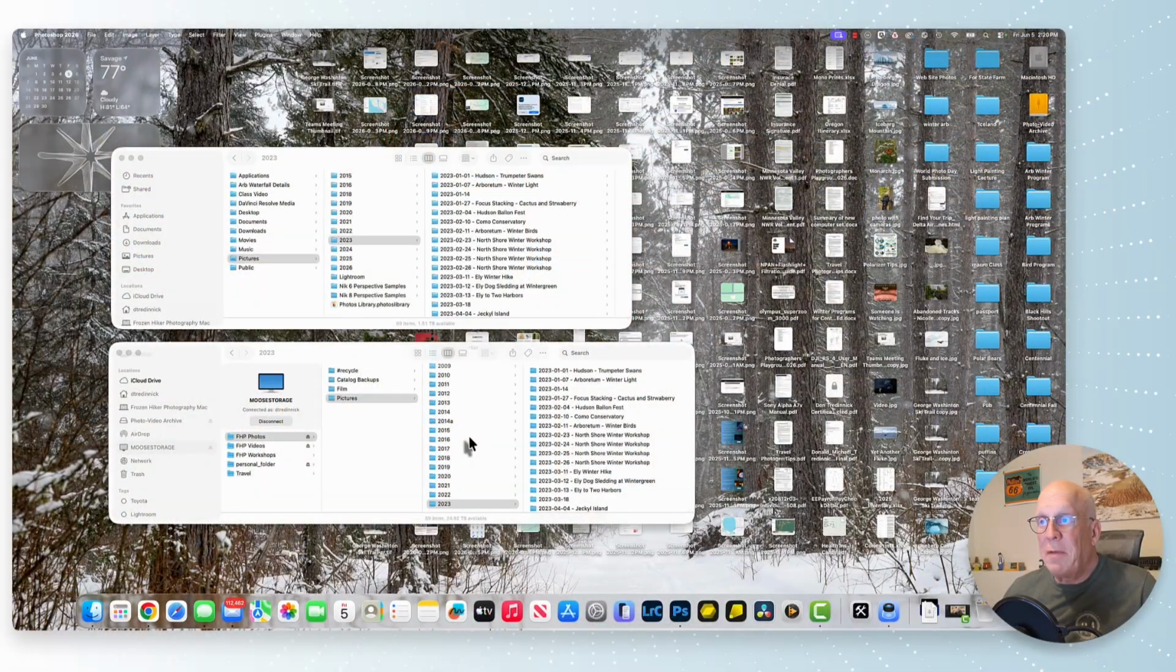So in addition to my very messy desktop that you could see here, I've got two Finder windows open. This one on the bottom shows what's going on my NAS. And just a quick overview of how I organize things out there, I've got photos, videos, a workshop. So all of my workshop materials are out there as well. And I also have a personal folder and a travel folder that typically has things for basically creating books and